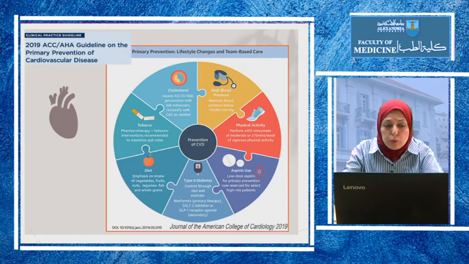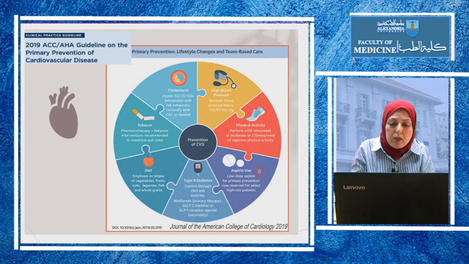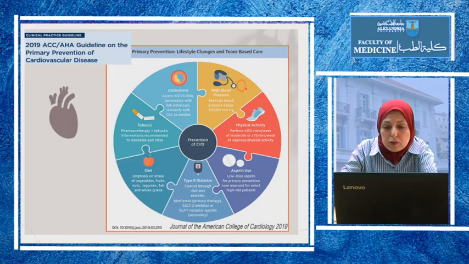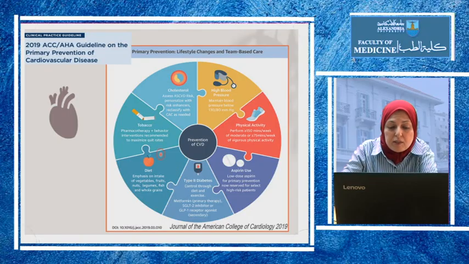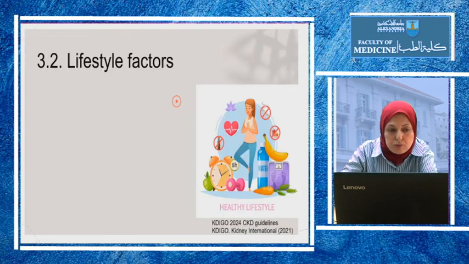Patients, as we said, should also adopt all the primary preventions for cardiovascular disease. And if we review them, we'll find that they are very similar to the prevention of chronic kidney disease. So if the patient has high blood pressure, it should be below 130. They should maintain physical activity. Aspirin for primary prevention is now only for high-risk selected patients. We said it's more accepted in secondary prevention. If the patient is type 2 diabetic, they should control their diabetes. They should eat a healthy diet. They should refrain from tobacco use, and they should treat their cholesterol.